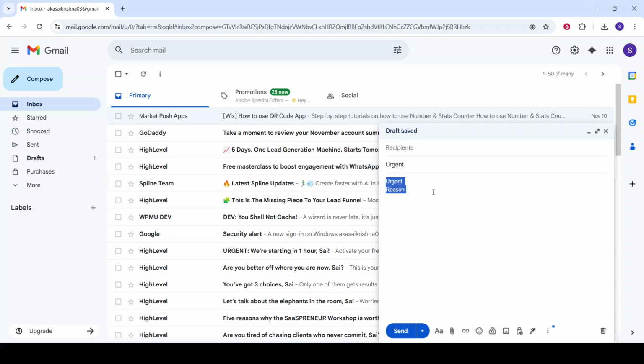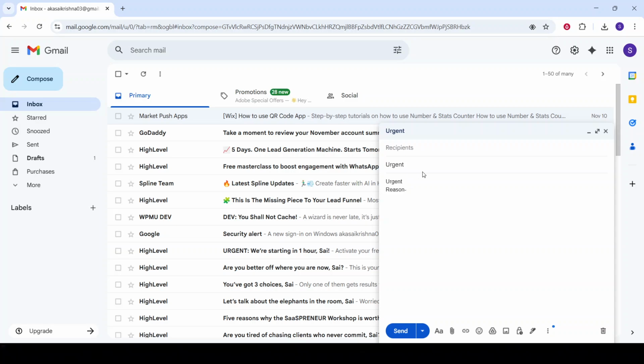from them. Consider using bullet points or numbered lists in the email body if you have multiple action items. This helps to structure your message and makes it easier for the recipient to follow up on each item. Although Gmail doesn't have a specific feature to mark emails as urgent, you can take advantage of formatting options like bold or italic text to emphasize key points. When wrapping up, you might want to reiterate the urgency of the email and thank the recipient for their prompt